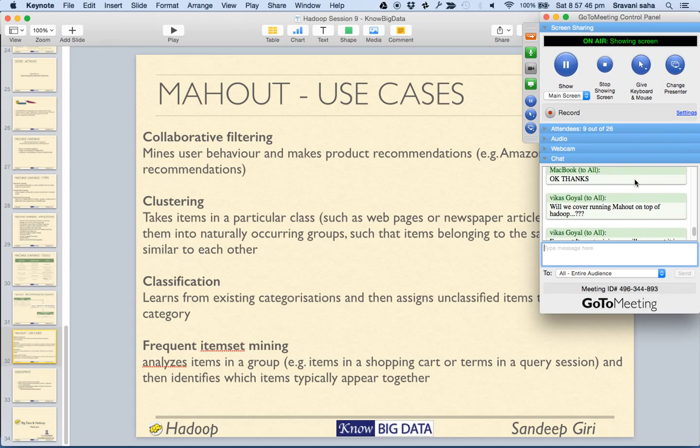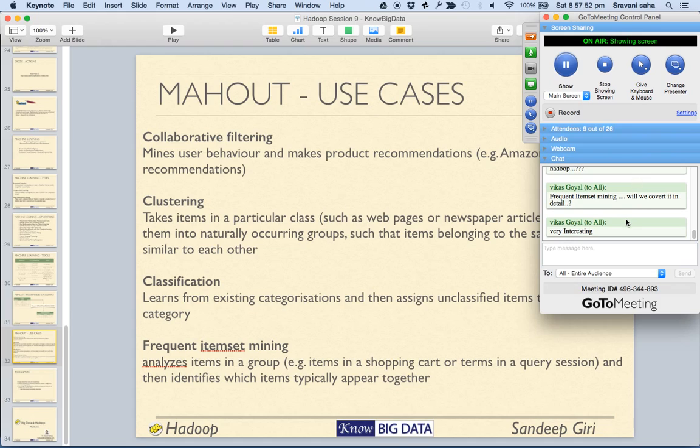Yes, we will cover MAHOUT on top of Hadoop. That's right. No, we will not cover frequent item set mining in detail, but this is a standard algorithm provided in MAHOUT. You can start using it right away. And the best resource to use is,